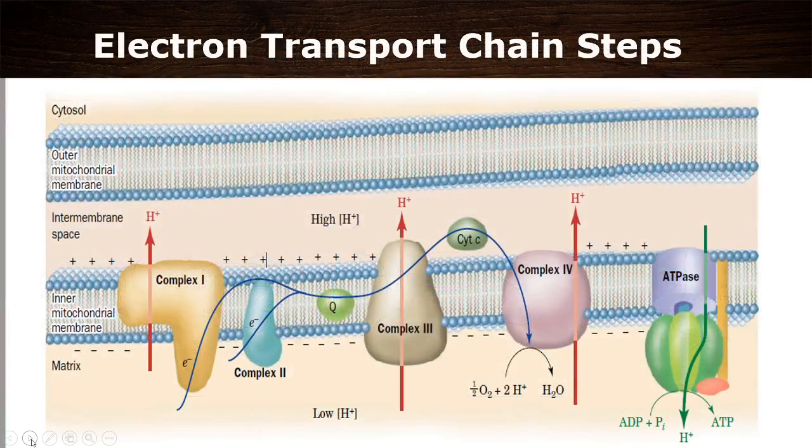next. So this is the whole process, and here you can see this is in the matrix. You can see that the charge is negative, as there is a low concentration of H plus or protons, and here is a high concentration of protons in the intermembrane space, as the protons are pumped into the intermembrane space from the matrix by these complexes. Okay,